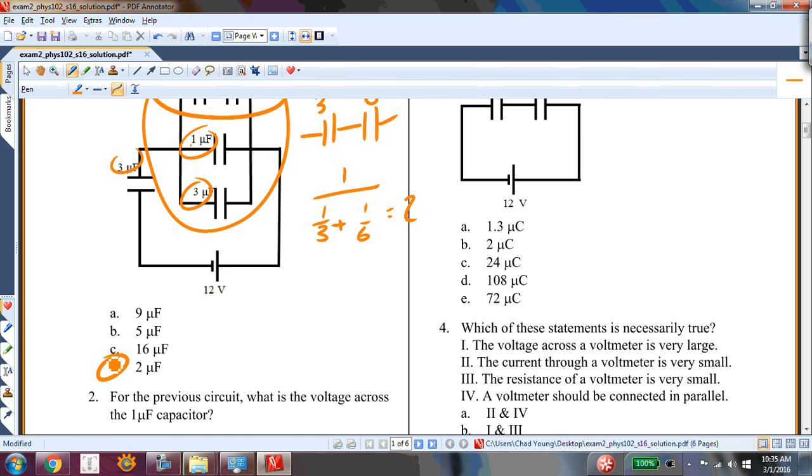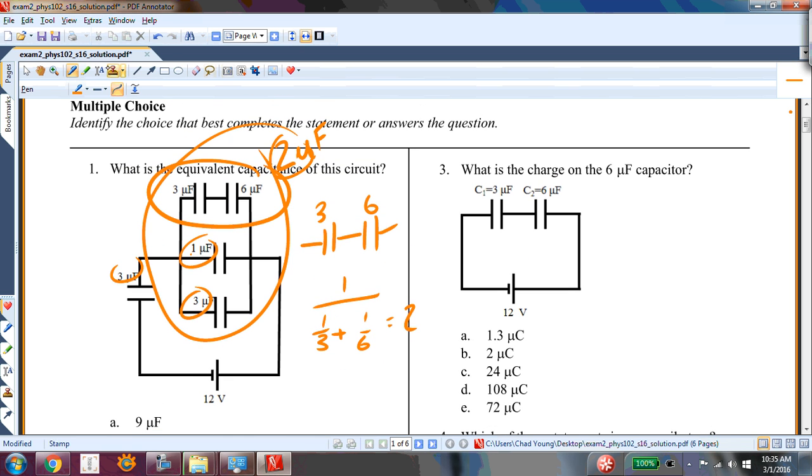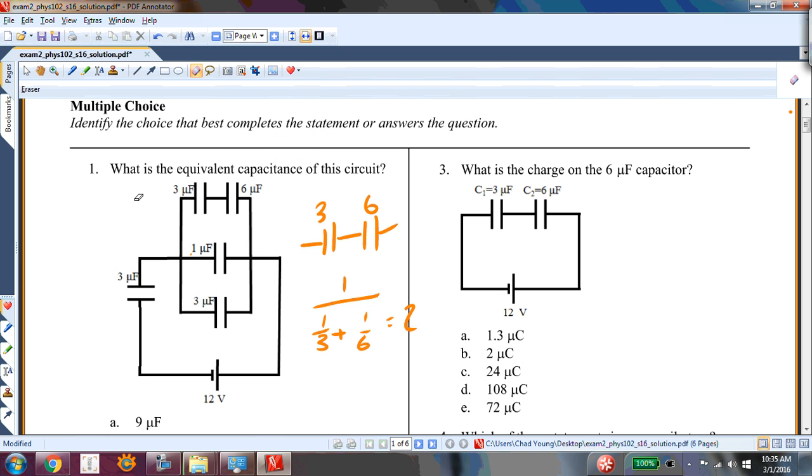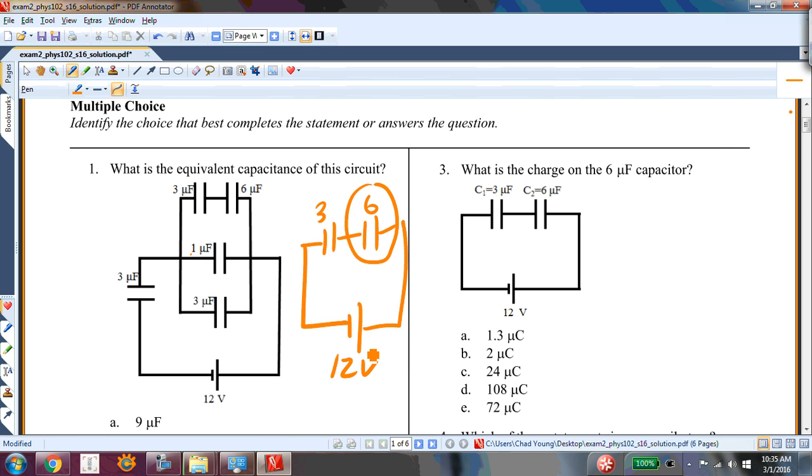For the previous circuit, what is the voltage across the 1 microfarad capacitor? Let me clean this up just a little bit. So I want to know what is the voltage across that 1 microfarad capacitor. I need to realize that whatever voltage I have across this capacitor is going to be equivalent to the voltage across that 1 microfarad capacitor. So here I have 12 volts across these 3 and 6. The 6 is the equivalent of this whole parallel branch. And so whatever voltage I have across this 6 microfarad capacitor, I will also have across this one,